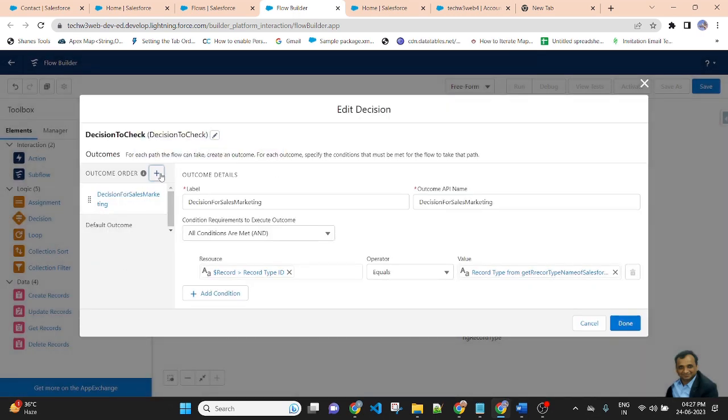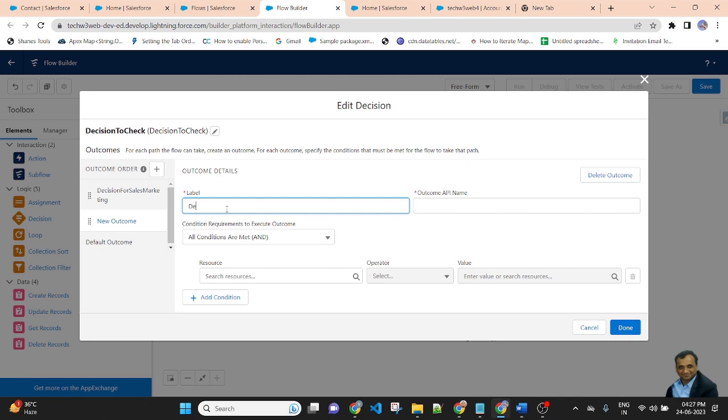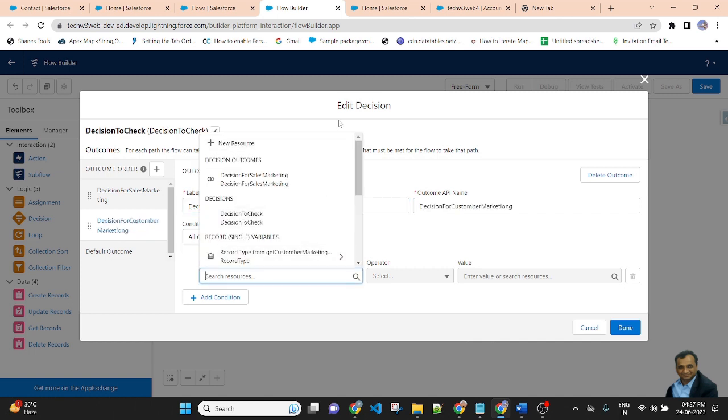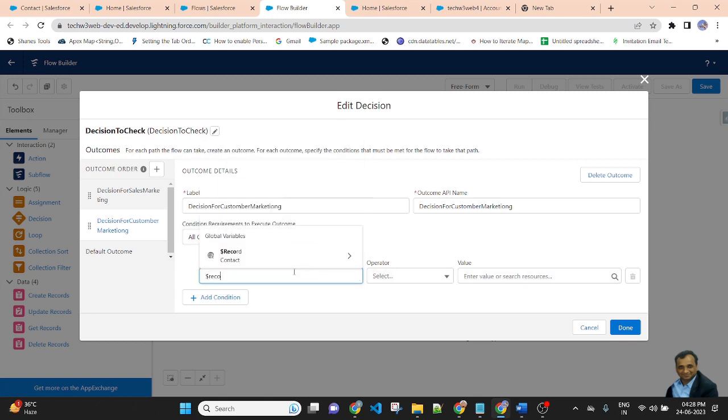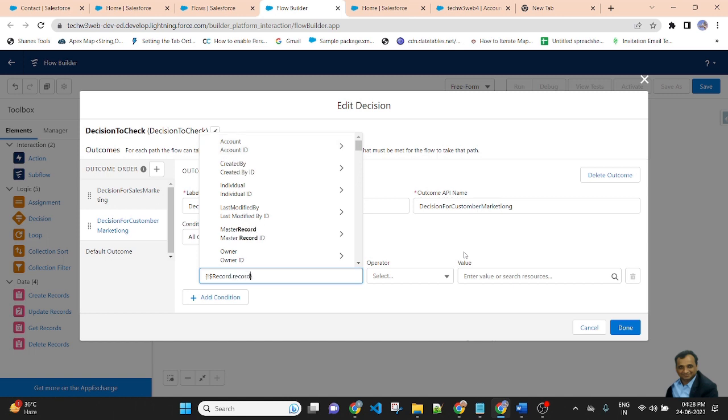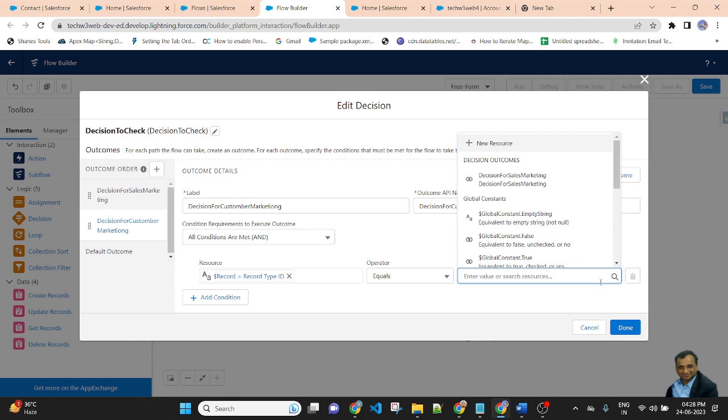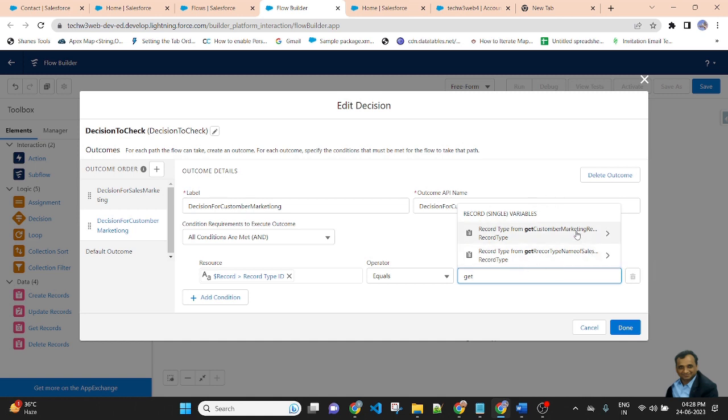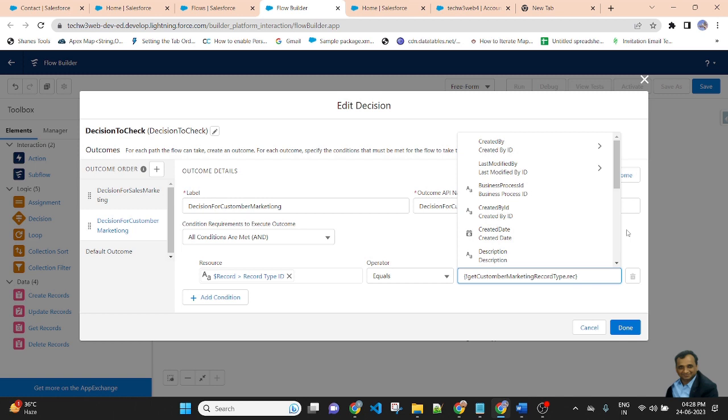And the second outcome will be decision for Customer Marketing. The decision for Customer Marketing, same resource, record dot Record Type ID is equal to, this time I will get Customer Marketing dot Record Type ID.